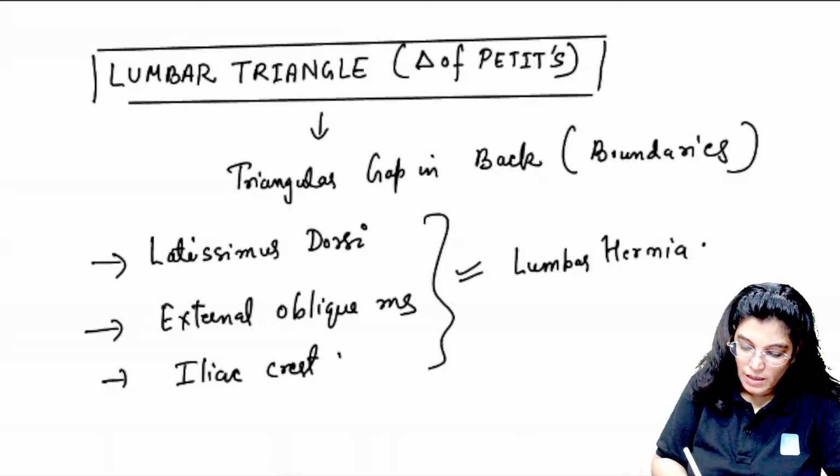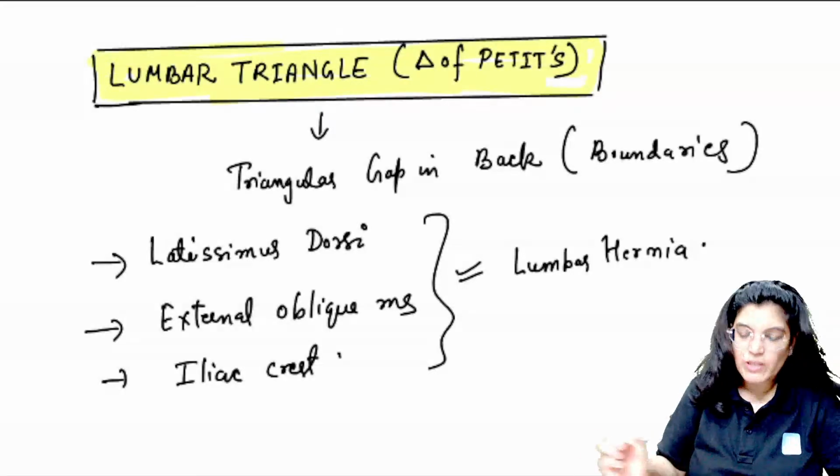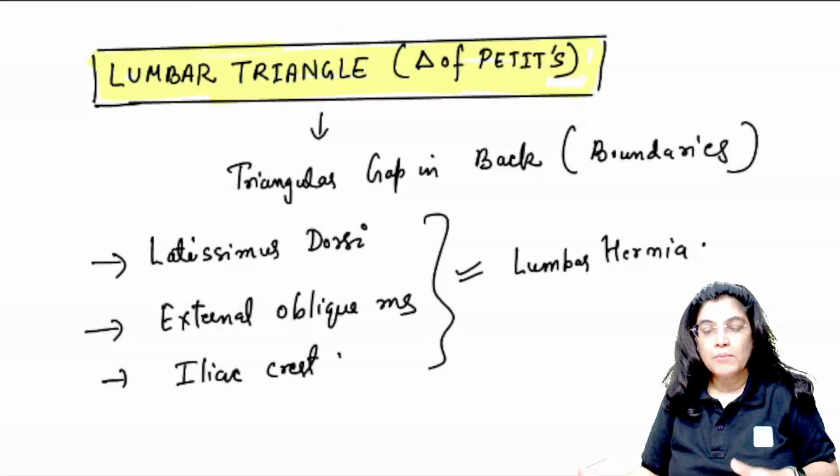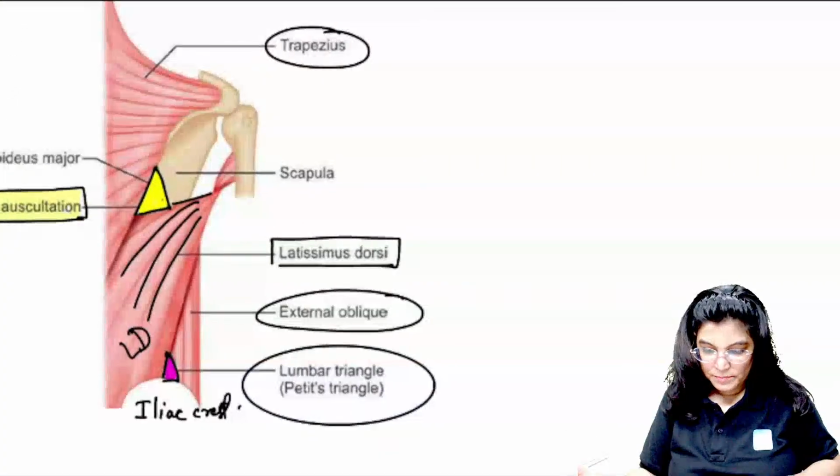Okay, so we have not yet come to the abdominal muscles, but this is also a gap lying in the lower back area, which you should know, because in the image we have seen the lumbar triangle of Petit, and we have also seen the triangle of auscultation. Okay,